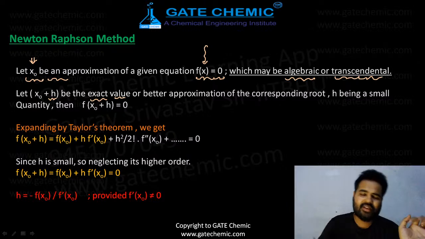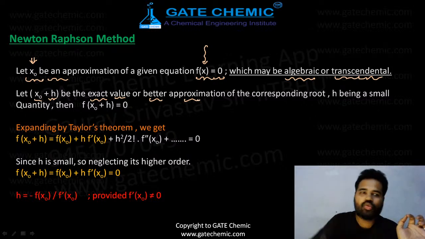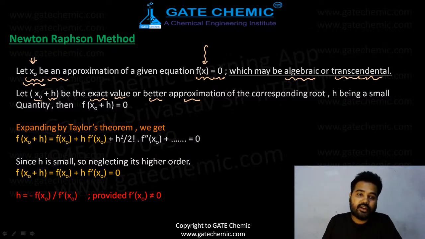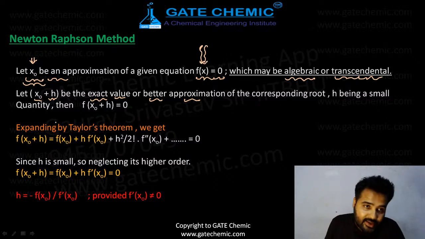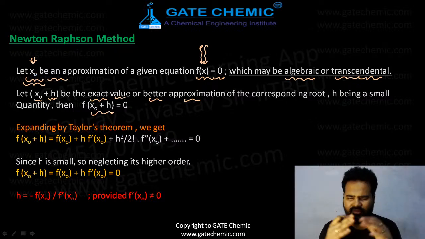So I am assuming that x0 plus h is a much better approximation, or the exact value, than this x0. If x0 plus h is your exact value, then if you put x0 plus h in place of this x, then 100% f(x0 + h)